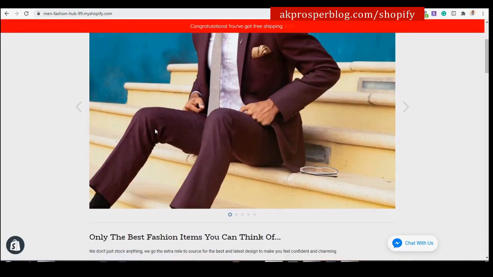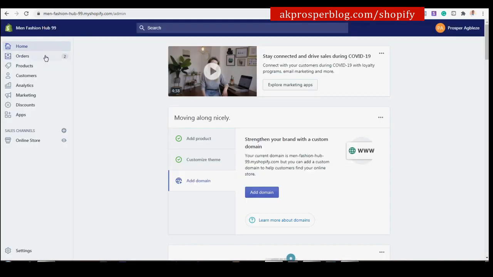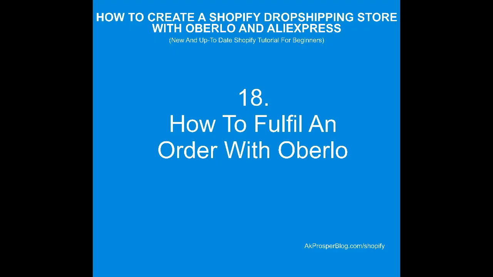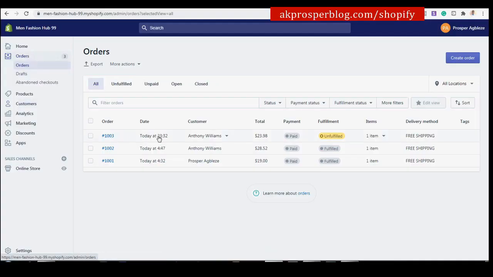Now, when the order is being made, as the store owner, let's go back to the back end of our store. Let me refresh this page. You can see these orders. It's currently 2. Let's see. Now it's showing 3. Let me click on it. So this is the order I've just made. This order 1002. These 2 orders here are the ones I did before now, just to test the system if everything is in place. So this is the order I've just made, order 1003. If I click on it as the store owner,